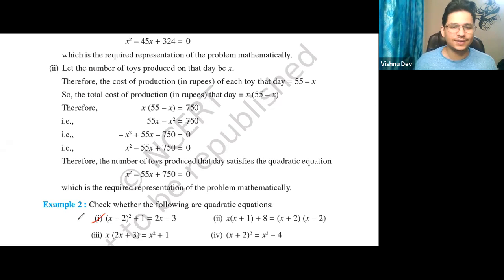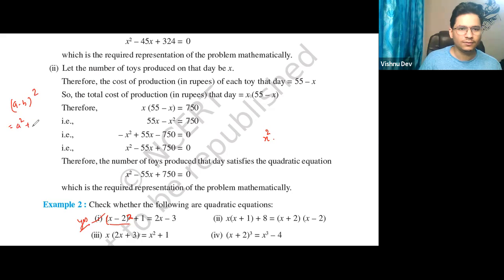So the answer is yes. Why? देखो ना, x minus 2 का whole square. What is the meaning of whole square? It is x minus 2 into x minus 2. So it is x square; a minus b का whole square, I hope all of you remember, is equal to what? a square minus 2ab plus b square. Correct. So it is x square plus 4,